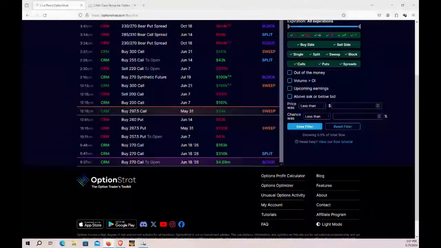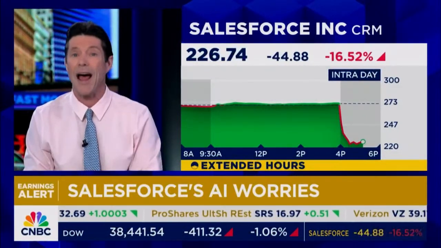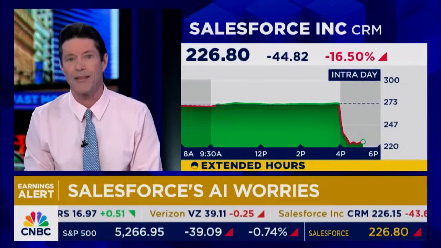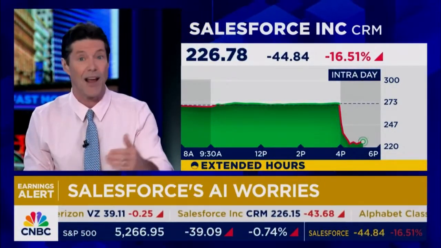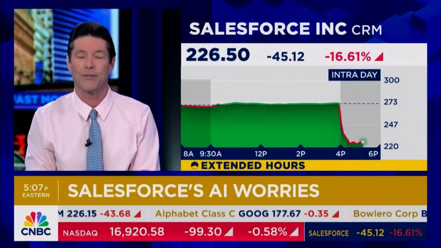The client spend on cloud in some of the partner surveys, and if you go through broker research, you can kind of see they've been trying to gauge this going into the numbers. I don't think anybody had this kind of weakness out there. But again, it does tell you that the marginal dollar is being allocated elsewhere. And we've heard how much is being allocated to AI, so it's not a huge surprise. All right, CRM shares down 16.5% in the after-hours, conference call underway right now. We'll keep you posted on any developments.